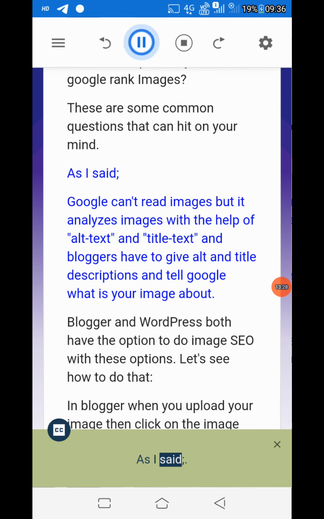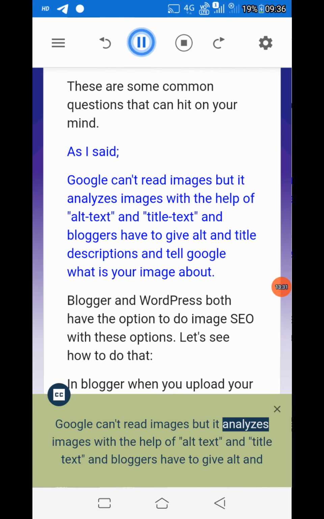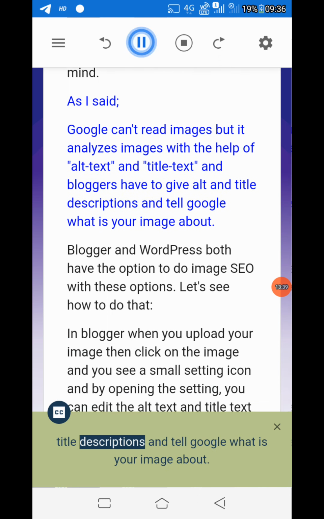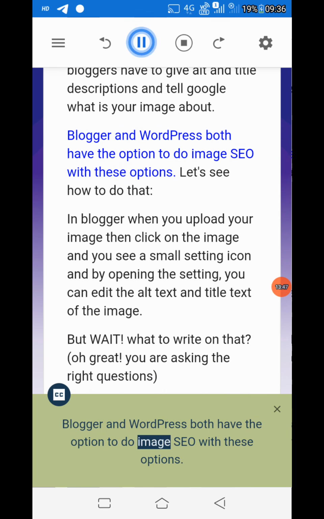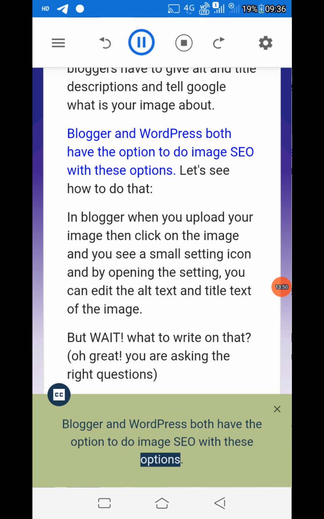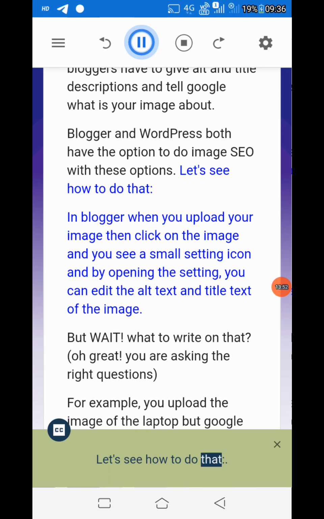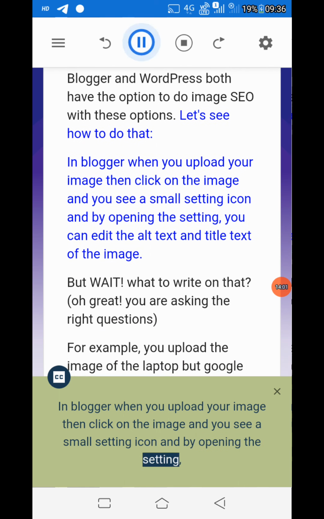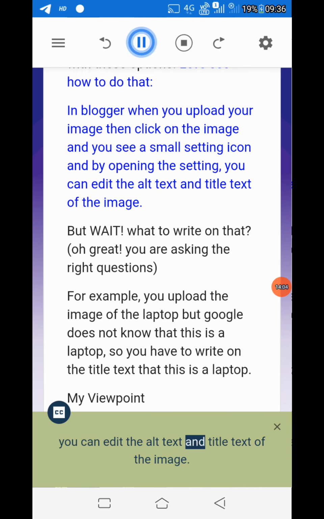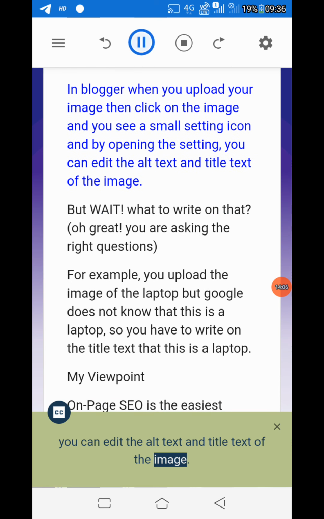As I said, Google can't read images, but it analyzes images with the help of alt text and title text, and bloggers have to give alt and title descriptions and tell Google what the image is about. Blogger and WordPress both have options to do image SEO. Let's see how to do that. In Blogger, when you upload your image, click on the image and you see a small setting icon, and by opening the settings, you can edit the alt text and title text of the image. But